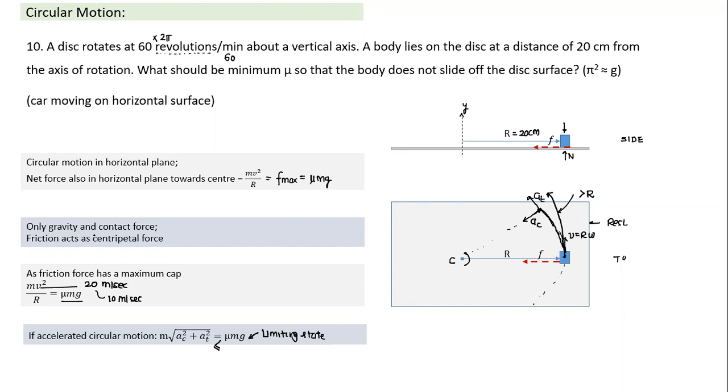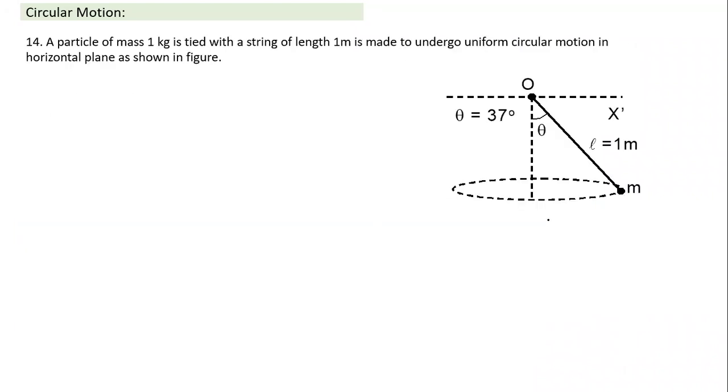So that's an important point. You need to understand only gravity and contact force. The only force which can act on the surface is friction. If the object moves in a circular path, having centripetal and tangential acceleration, which may be 0 or non-zero, there's a corresponding force. That force is the friction force. That's a simple application of laws of motion.